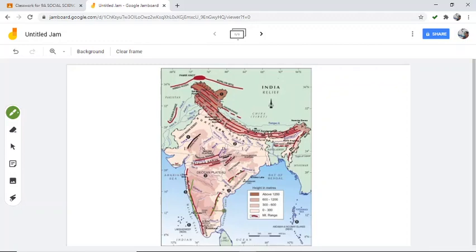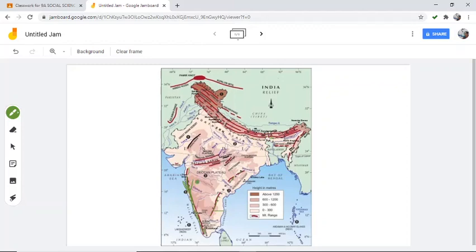But in the case of the Western Ghats, it's a continuous line starting from here till here. Another important thing to remember is there is a very narrow gap between the mountains and the ocean. Is that clear?